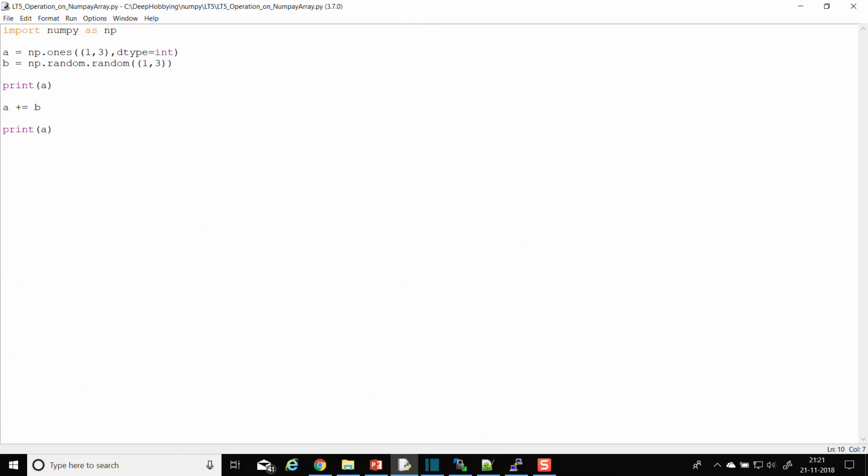So you have to remember this thing. It's a minor detail, but you have to remember this thing. Sometimes it's very crucial. Okay, and the other thing which we will talk about is called